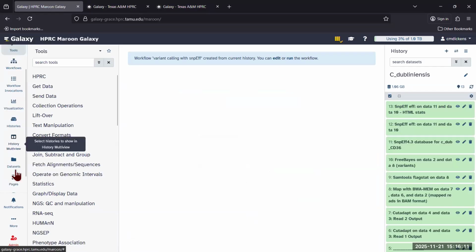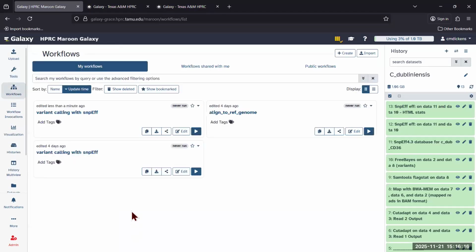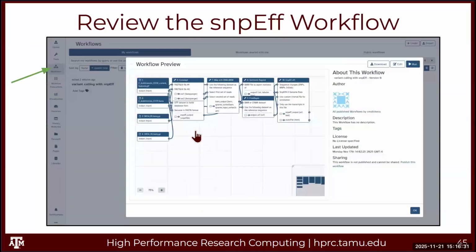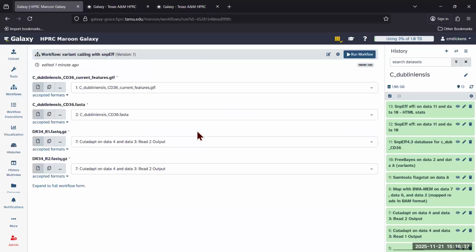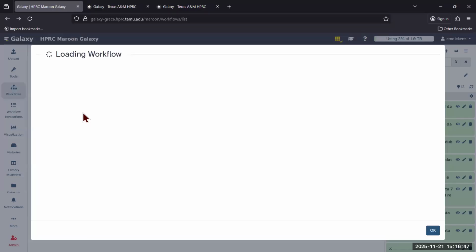So let's go over here on the left, you'll see workflows. These are your workflows. Here's one I created 4 days ago. It's the same. I went through the steps to make sure it works. Here's the one I created a minute ago. So now if you click, let's see, click run the workflow. No, we don't want to run it. I think you just click the workflow. Yeah. If you click the workflow,